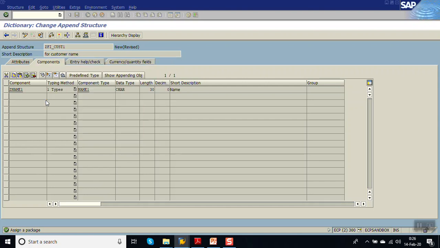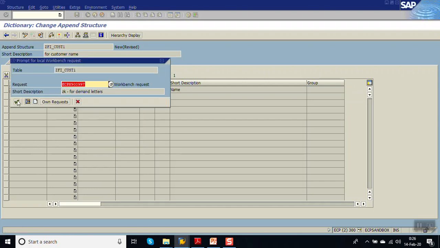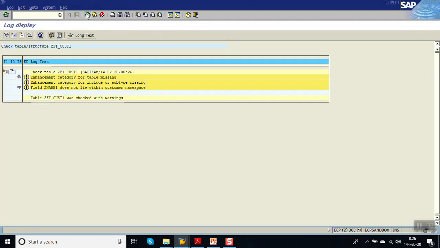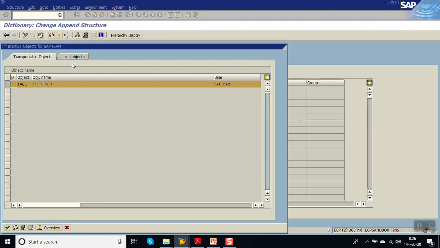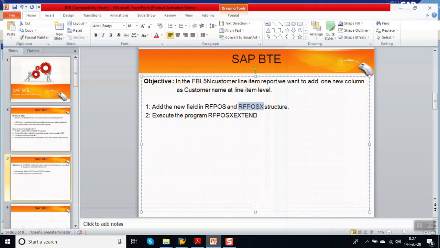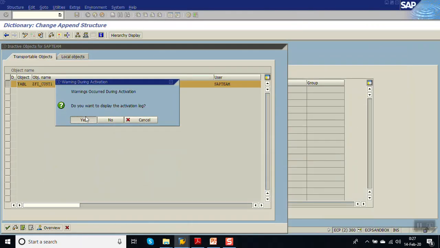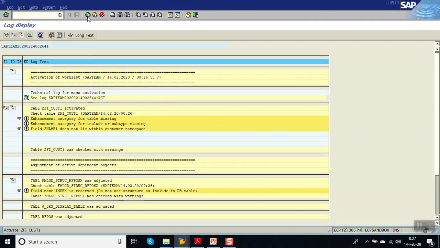Save this in a package, check and activate it. Now we have done it in the RFPOS structure. Similarly, we have to add the same field in the RFPOSX structure. Okay, so once this is activated, go back,